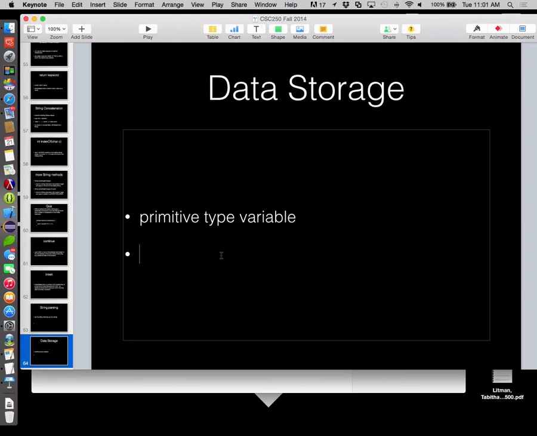All right, so data storage. A weakness of primitive type variables from a data storage perspective, or maybe weakness is the wrong term, just a fact to keep in mind, is they only allow us to hold one value. Well, sometimes you want to hold more than one value. So another example of data storage we have is strings. Strings allow us to hold a collection of chars